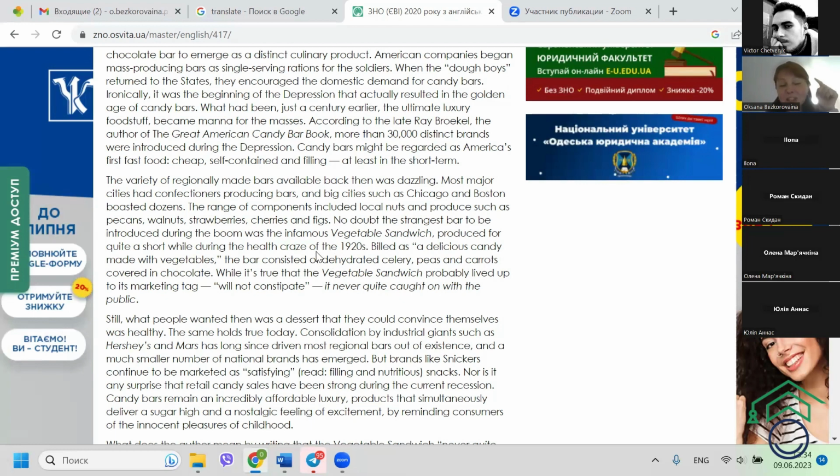Да. От якраз, ви читаєте The 1920s. Що таке The 1920s? 1920-ті. Зрозуміло, артикль The, тому що як порядковий числівник, і S, тому що це множина. Да? Так. 20-ті. Built as a delicious candy made with vegetables, the bar consisted of